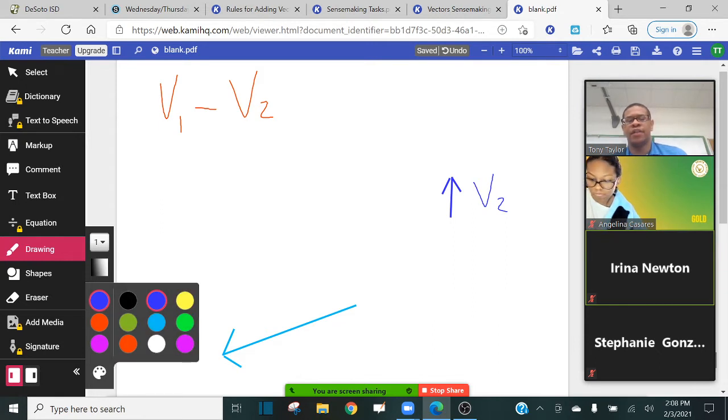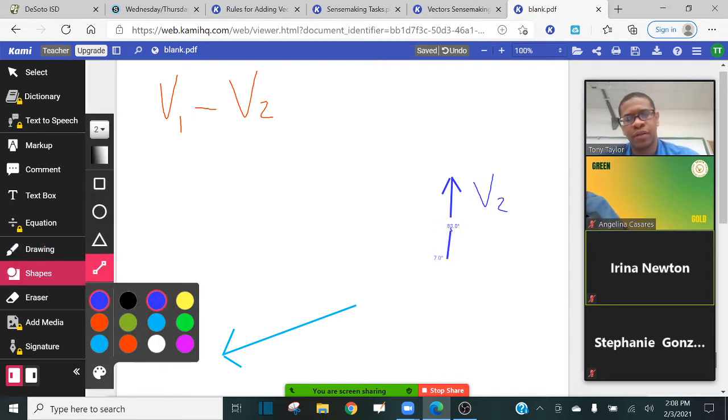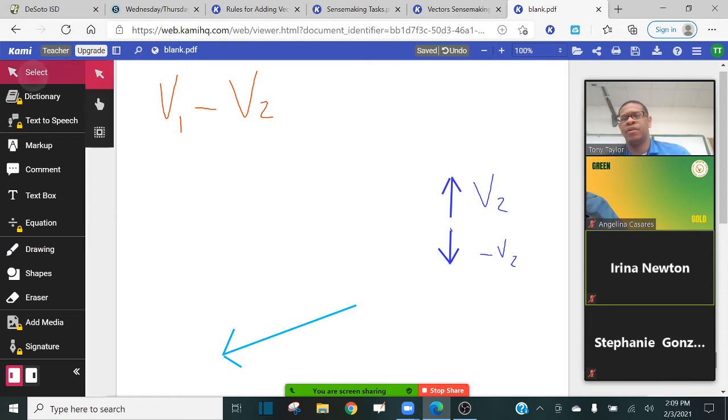So if I take this vector here and I flip it, in other words, you just change the direction the arrow is pointing. So this vector right here, if I flip it, an exact mirror image of this vector will look something like this. So this right here is considered to be negative v2, basically. And then remember, after I take my vector and I flip it, then I combine my vectors head to tail,